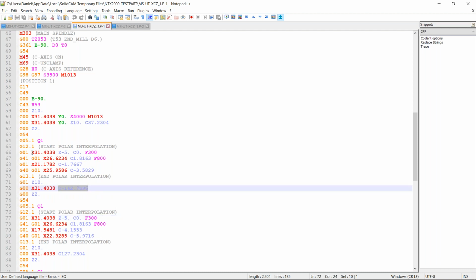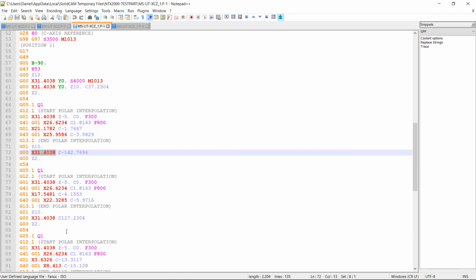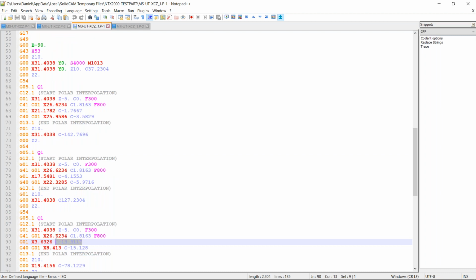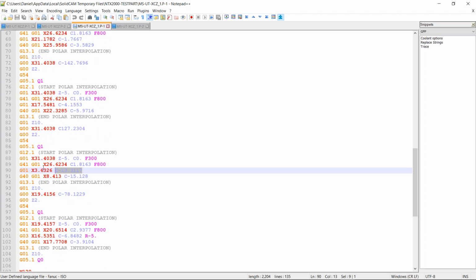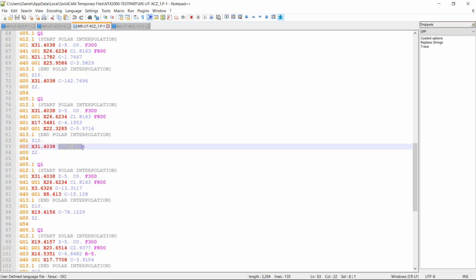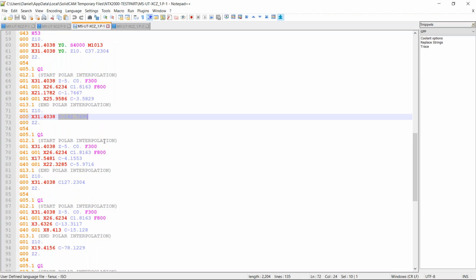As you can see, the X positions in this case are completely the same because here we have it here, but the next one, X, Y, this is the same. Oh, this Y is not the same. We have an arc here, we should have an arc. Yeah, here we have an arc, because every time we are taking the new value of the C-axis. In this case, it's -78. In this one, it's 127. In this one, it's -142. And every time we are turning polar interpolation on and off, making sure that it is turned off within the